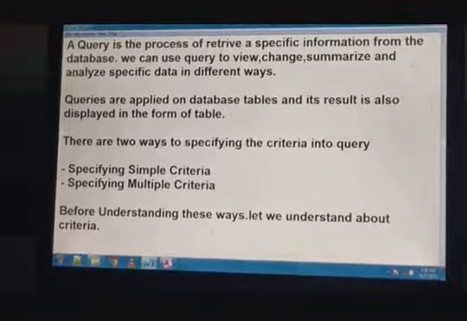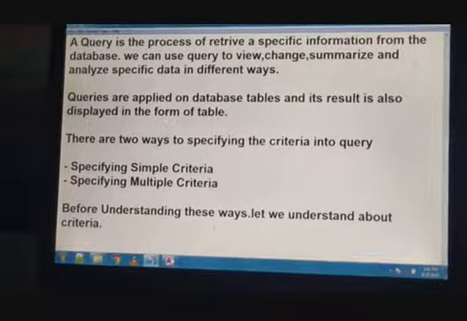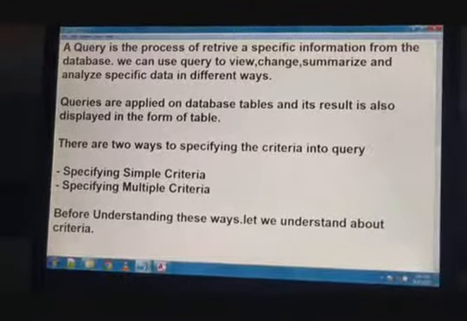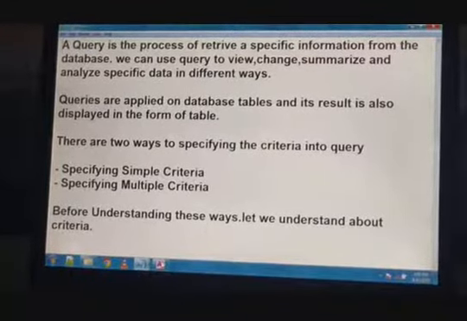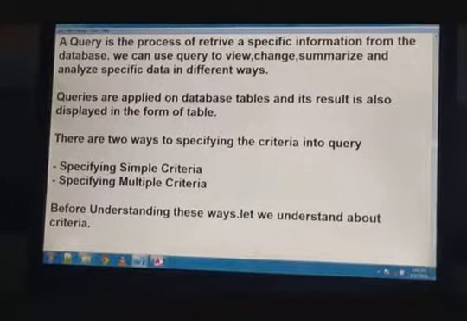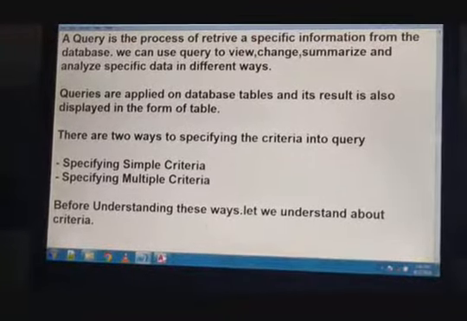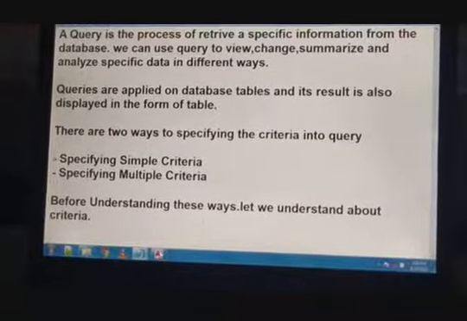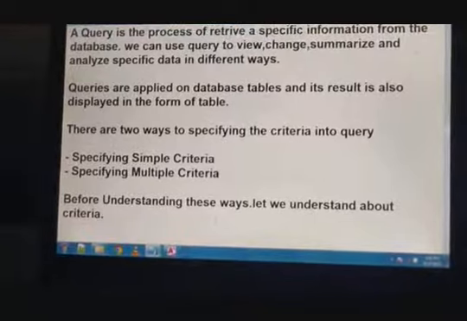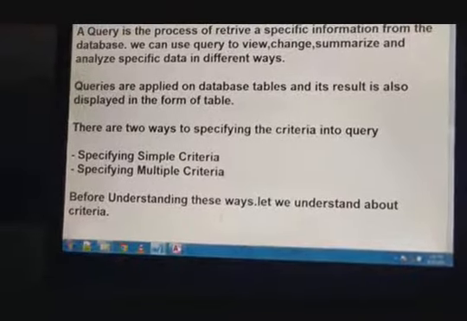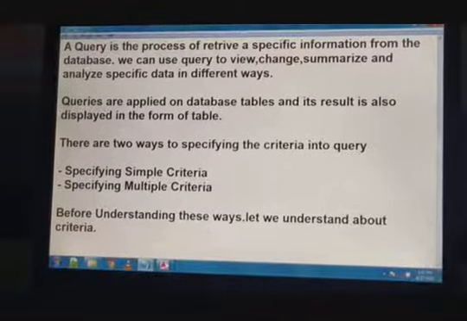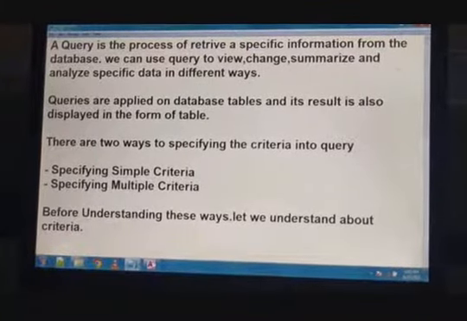In simple words, if we are using a large database table and we require some part of that database, we have to apply a query on the database for retrieving only our required data.